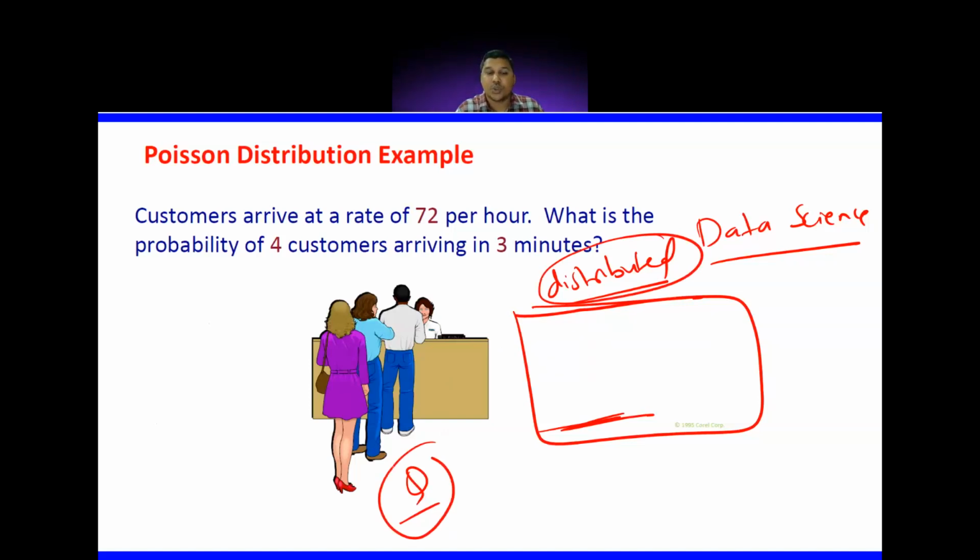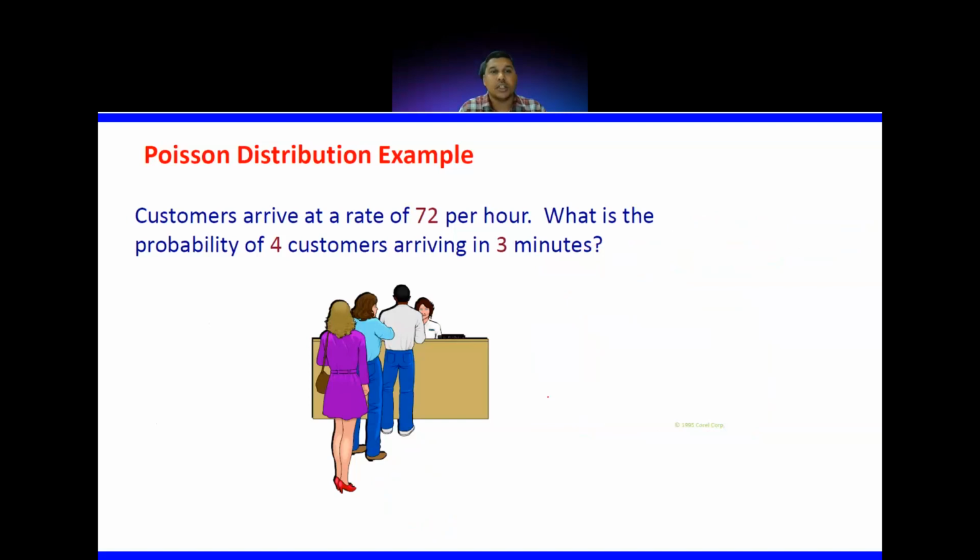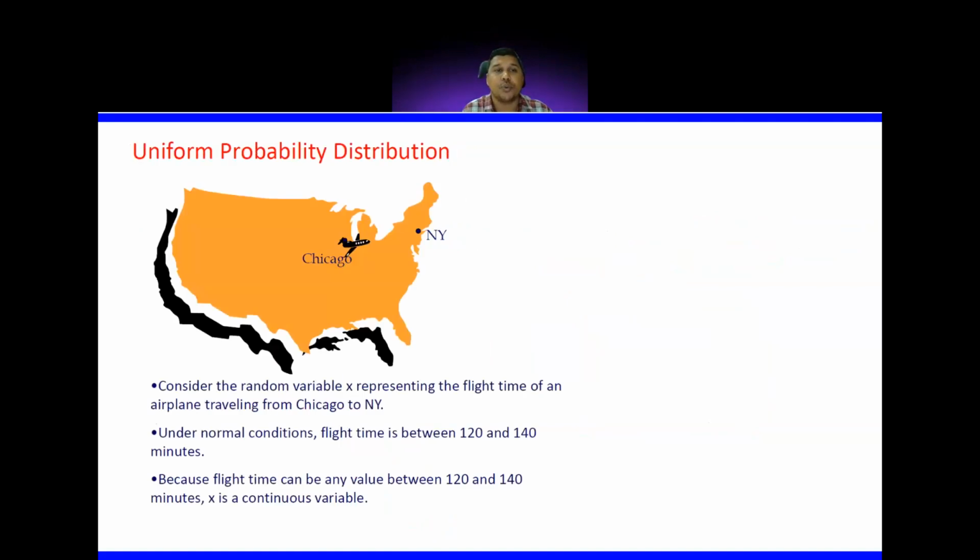This is used at a higher level, where data scientists do a lot of logical work, trying to understand the hidden patterns in the data and identify the data distribution. So there, we'll be using these probability distributions. Now let's see a few of the continuous probability distributions. In that, one is the uniform probability distribution.